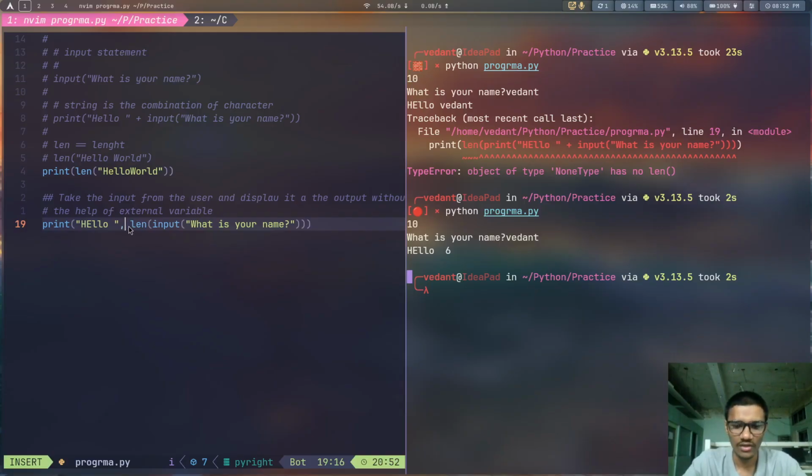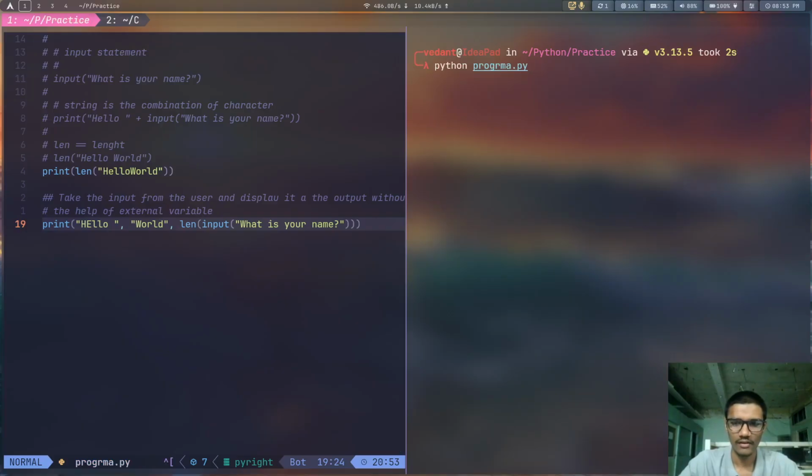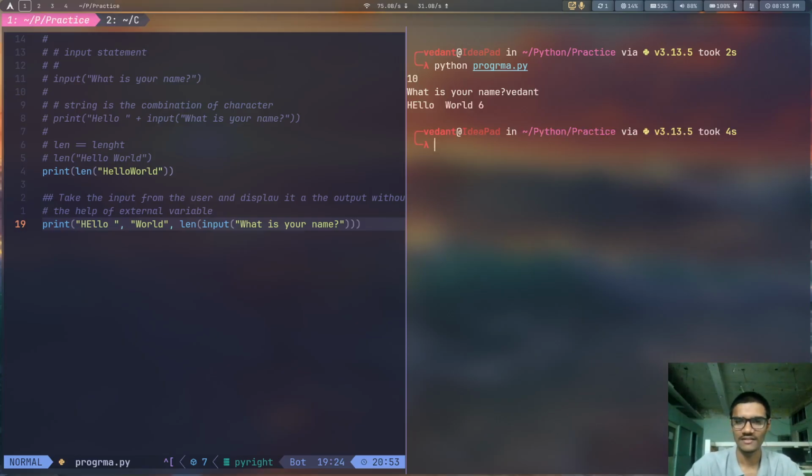If I give here something like world and separate it with a comma, then clear the terminal and run it, I get hello world 6.